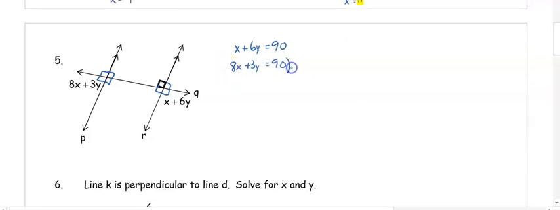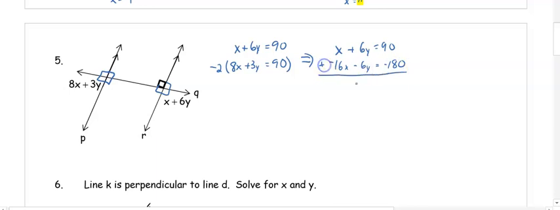Because we need to do elimination to get rid of a variable here, I'm going to multiply the second equation by -2 to get rid of our y. So the first equation stays the same: x plus 6y equals 90. The second equation becomes -16x minus 6y equals -180. When we add straight down, we get -15x equals -90. When we divide by -15,